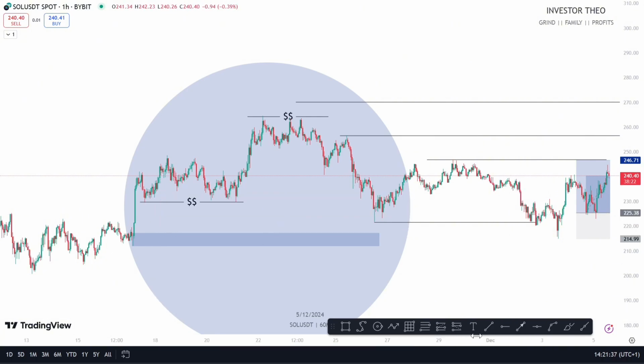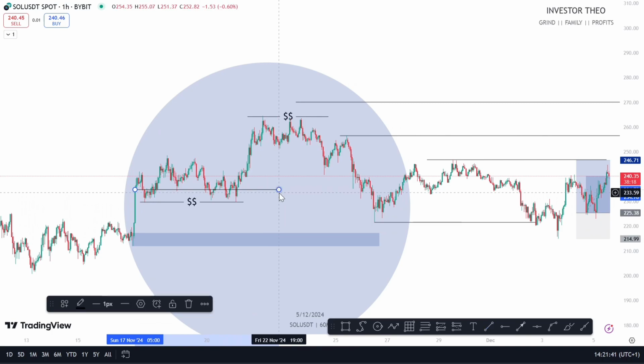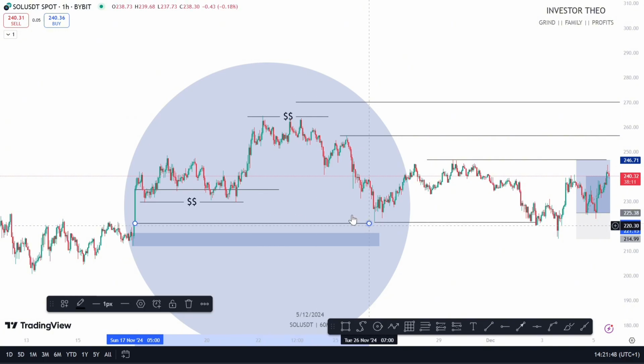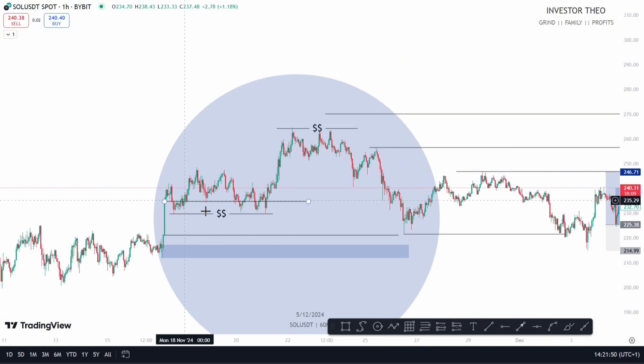I've taught you fair value gap already, but let me just mark it out for those of us that are new here. Although the fair value gap has been touched initially, it was not completely collected. Okay, there's a fair value gap over here. Yeah, the fair value gap has actually been mitigated already, but the market came back to retest the fair value gap